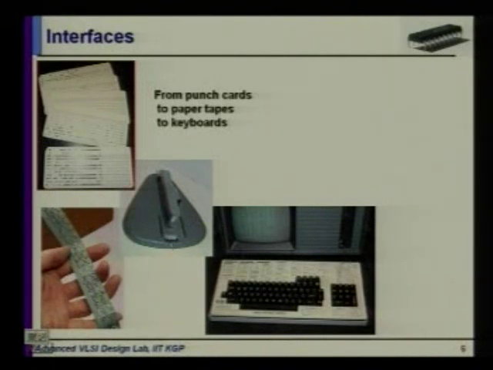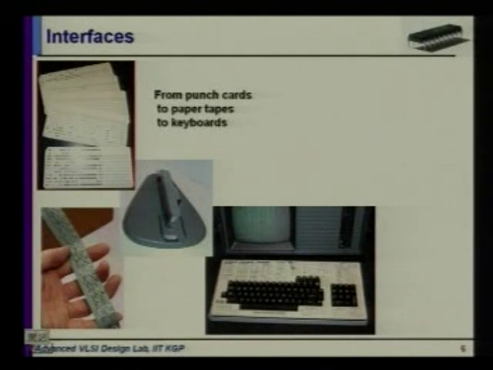So can you see the company's name there? It's IBM. Okay, so that's how people would punch in. They put the punch card here and then use this thing, like a punching machine that you have today, to punch out the different programs on this punch card. Okay, so from that, when I said that we went into paper tape, so this is a picture of the paper tape. Okay, and this is a picture of an old keyboard. This is how they used to look like when we first came to the department. Okay, most of the keyboards were like this,